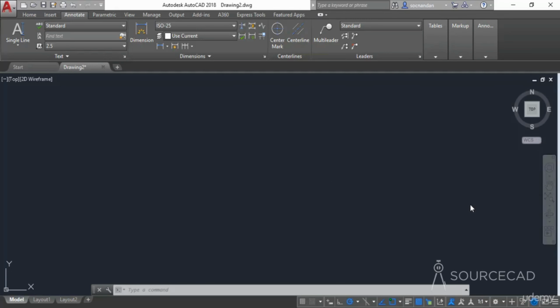In this video, I will tell you about creating text styles. In the previous video, we learned about creating single line text, and the single line text used the default text style, but you can create your own text style just like the dimension and leader styles. In order to create your own text style, go to this Text panel on the Annotate tab